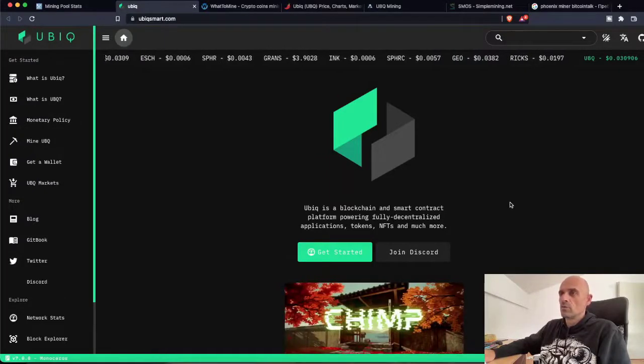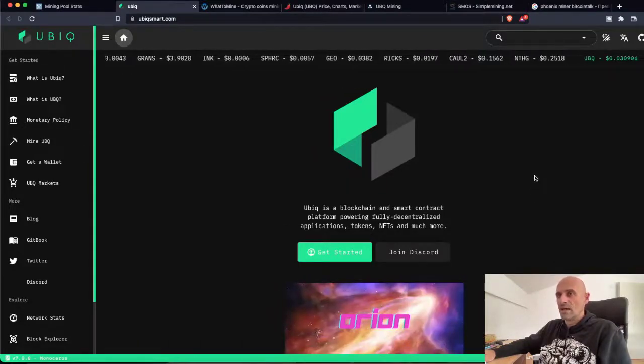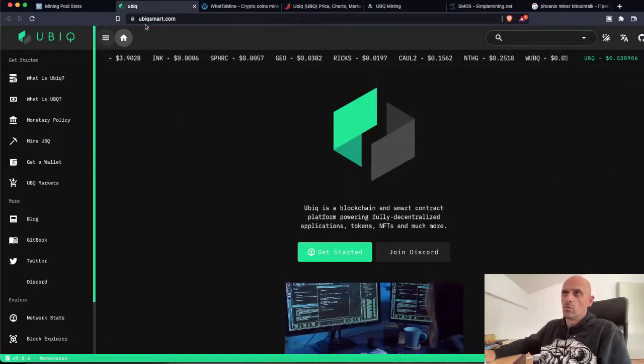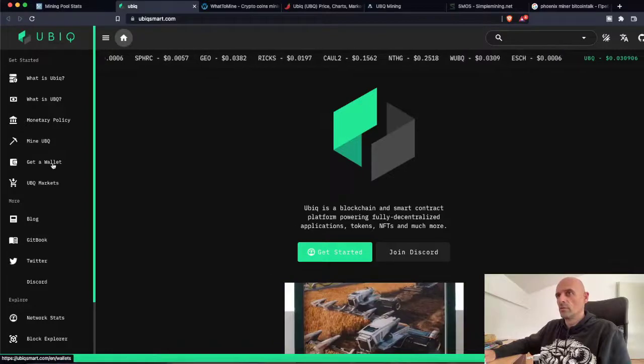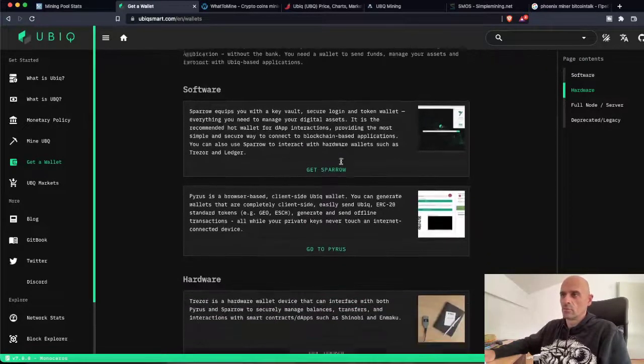First, to start mining, you need to get a wallet address for UBIQ. If you go on ubiqsmart.com, it will open this window, and from the left side you will see a place where it says get a wallet. So you have a couple of choices